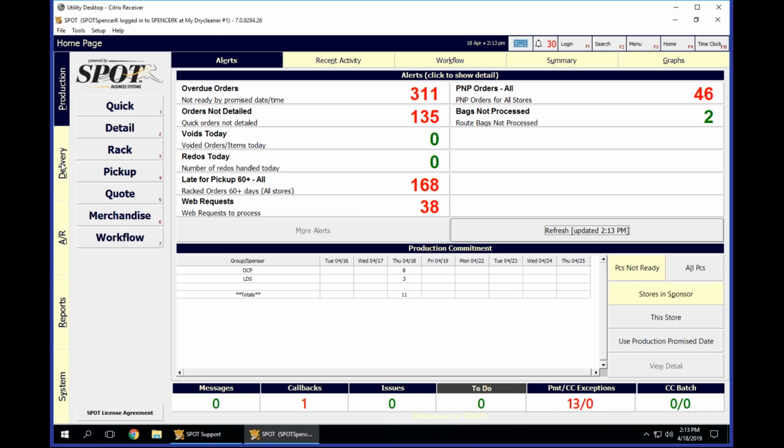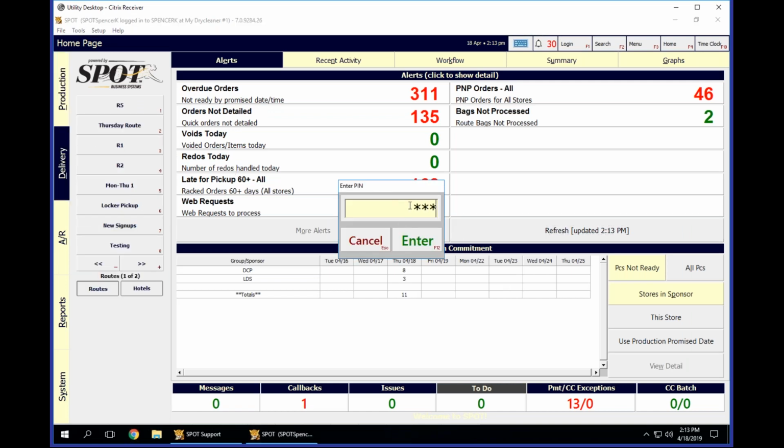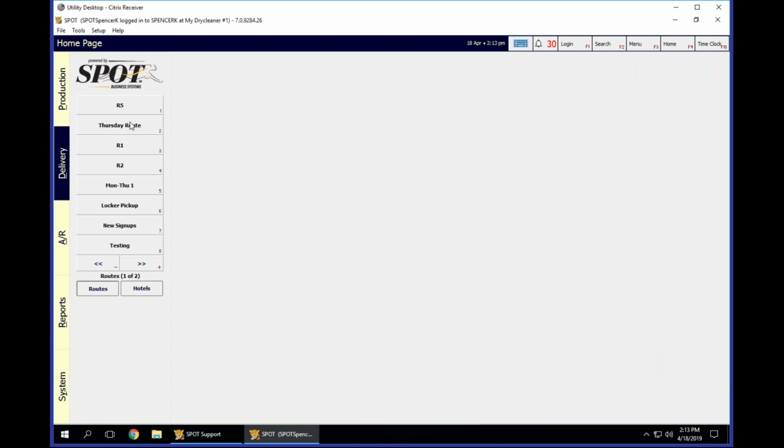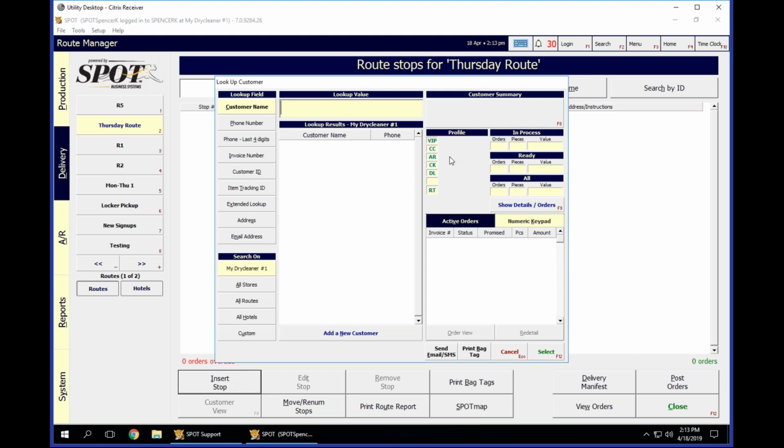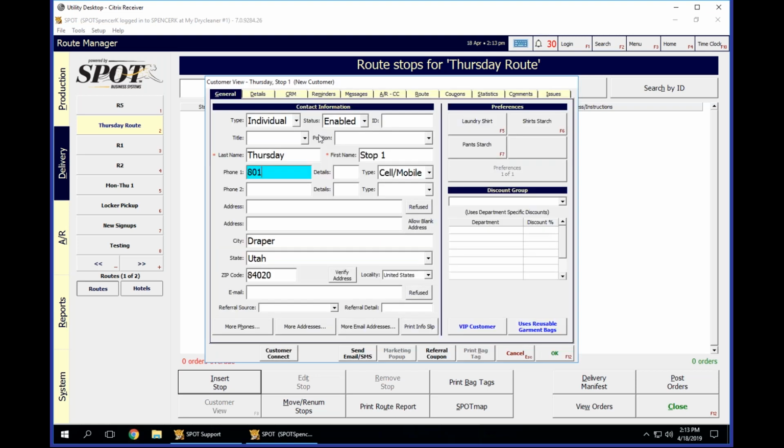So now I'm going to come over here to delivery and put in my PIN. And you're going to see here's my new Thursday route. It's got no customers assigned to it. So again, we come over to delivery, we choose our route, and now we're going to start adding customers to the route. So I can come down here to insert stop, and I'm going to choose my customer, and I'm just going to call this Thursday stop 1. See, I don't have the customer in there at this point, so I add a new customer,